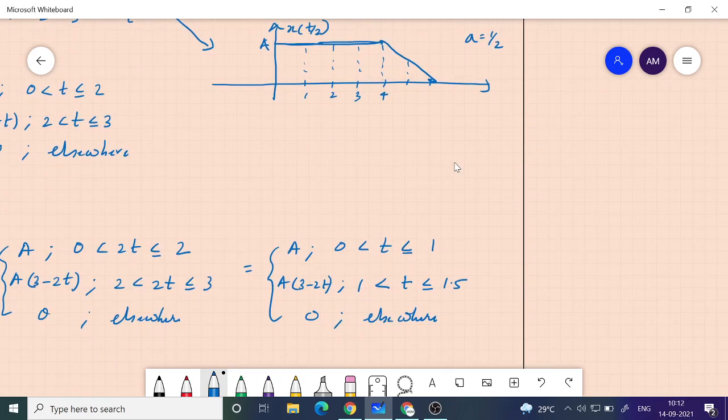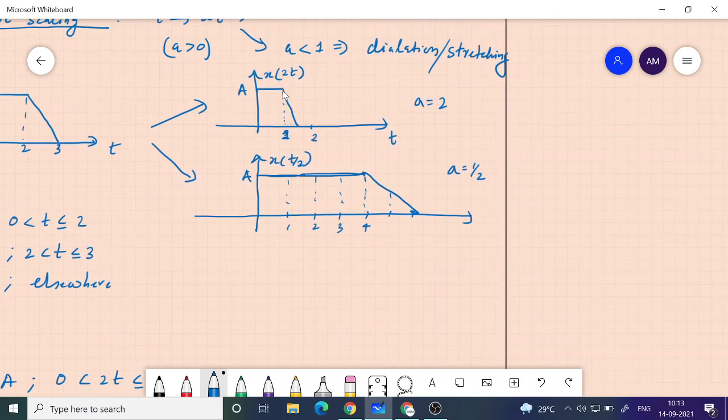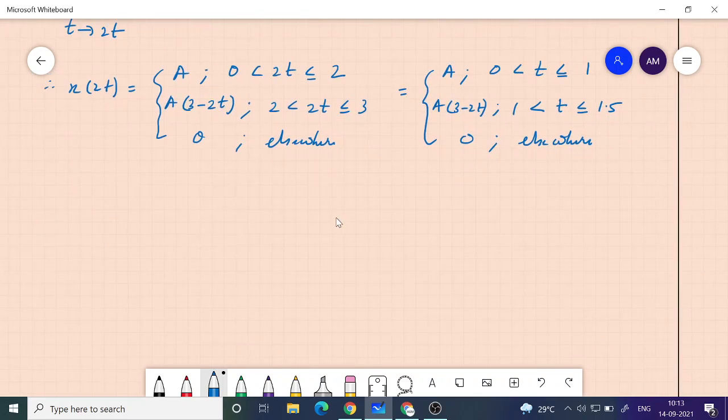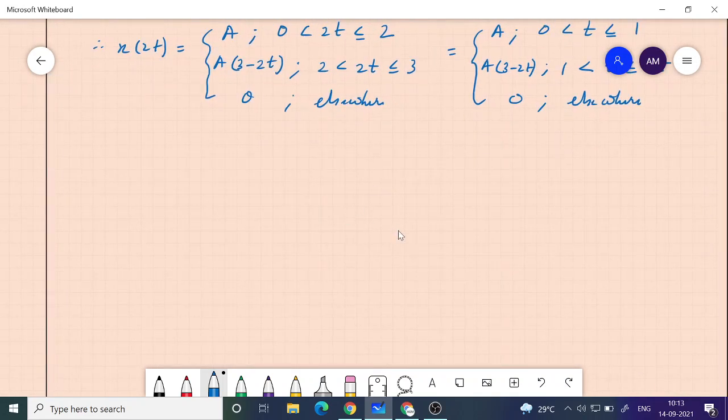Okay, so the slope is minus 2a, means when you increase t by 1 unit, the x will decrease by 2a units. But if you are increasing t by half unit, the decrease of x will be by a unit. Okay, that is what is happening here. It is decreasing by a unit when you change by half unit of time. So we will get the same expression if you plot this straight line. If you plot this constant line, you will get the same expression. So it is the correct expression for the transformed signal.